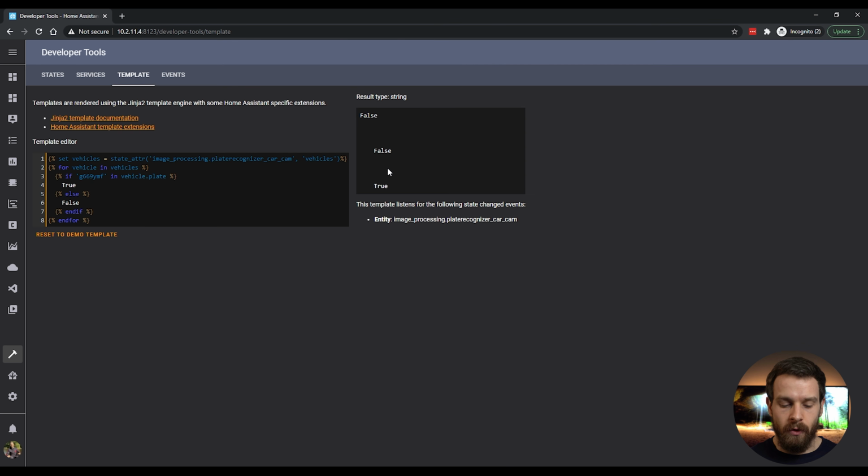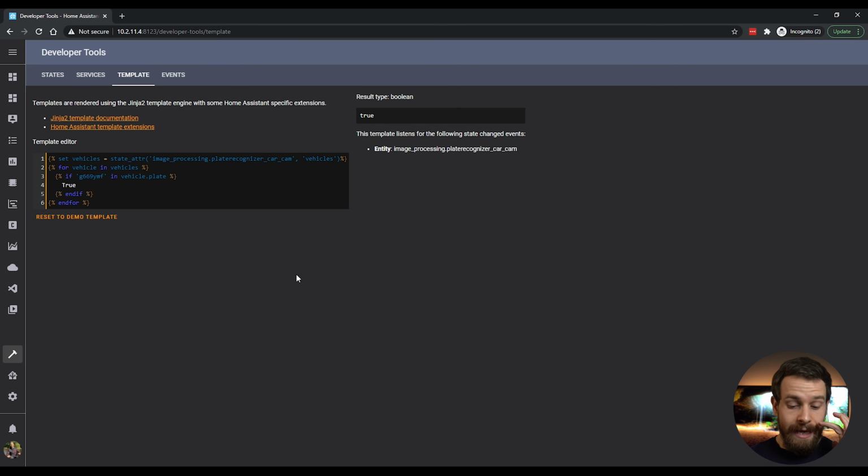It's going to add false, false, true, and then the sensor won't work properly. So all we actually need to do is just get rid of the false and the else, and that will leave us with a single true. And that means we can then use that in our template sensor. So now that we have found the exact plate that we want, or narrowed it down, we can then copy this,